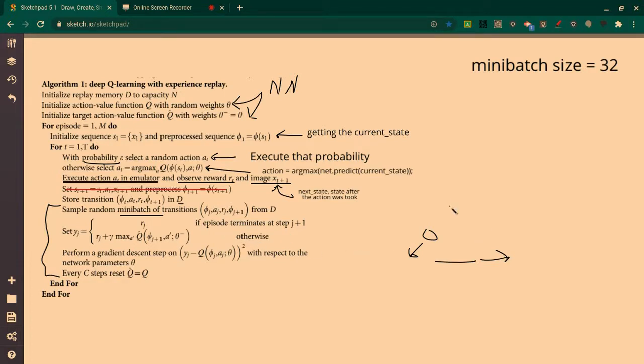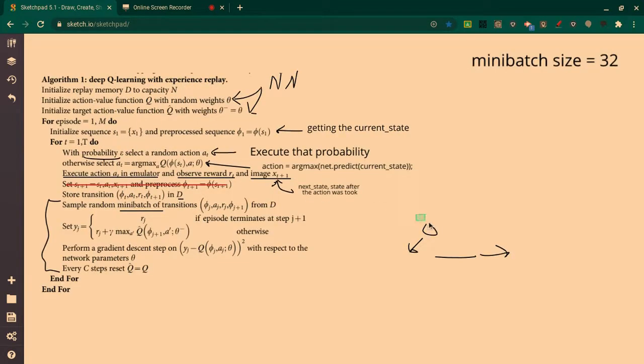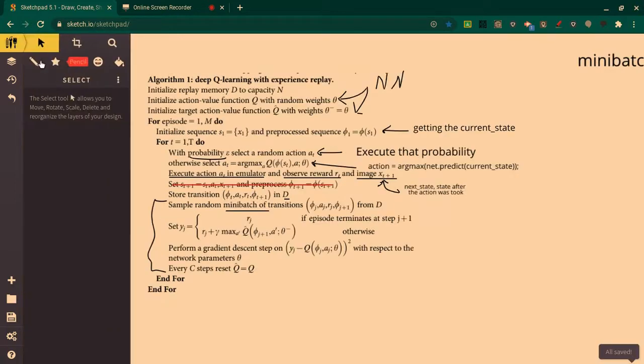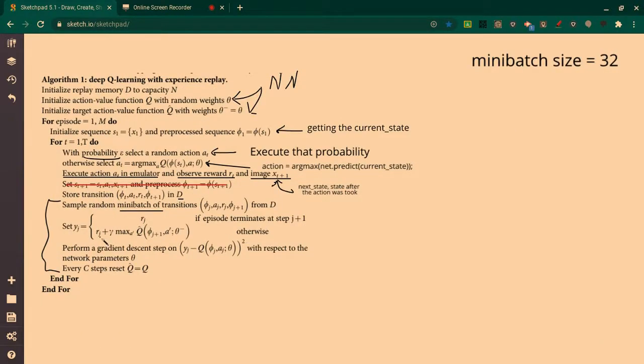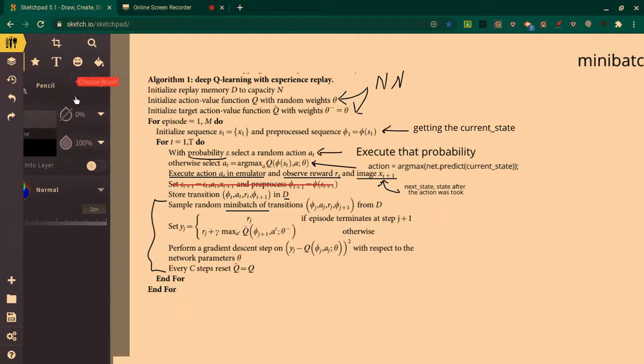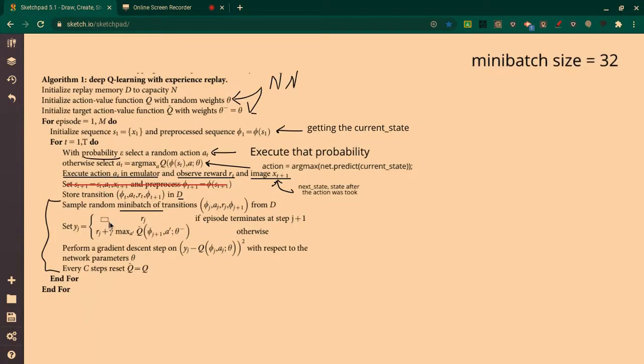Else, if it's somewhere else, like in the enemy's place, then it will just calculate this equation, and this equation is a reward. R just stands for reward, and you can find this symbol, gamma, which is basically 0.99. Then the max target value, target function,